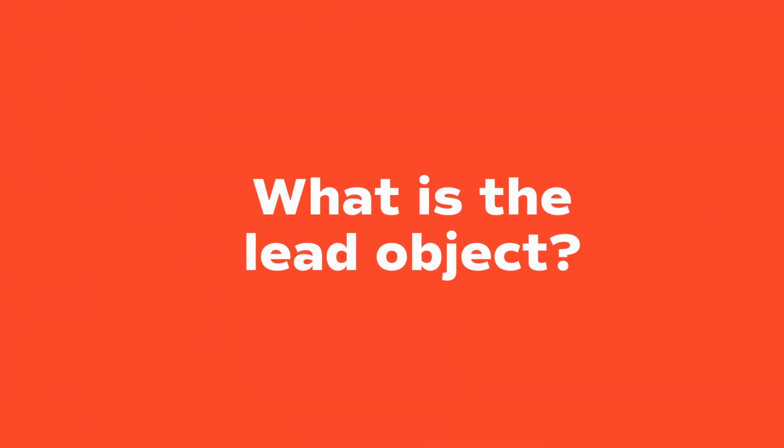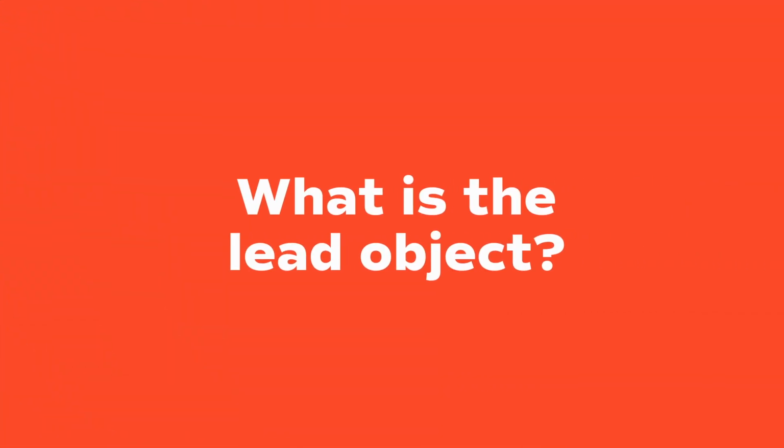What is the lead object? A lead is now its own record type that sits between a contact and a deal. In the past, every new contact was automatically a lead, which was super confusing. Now you can finally track leads clearly, from new to qualified, before they move towards an opportunity or deal.